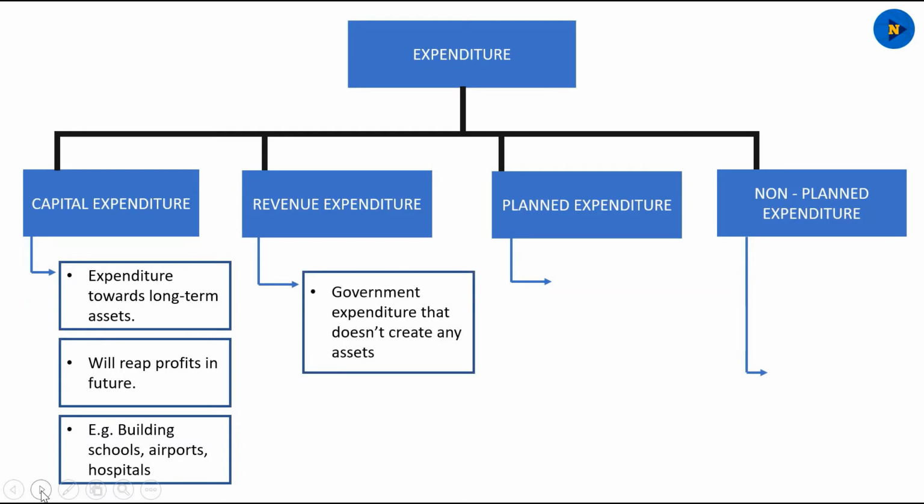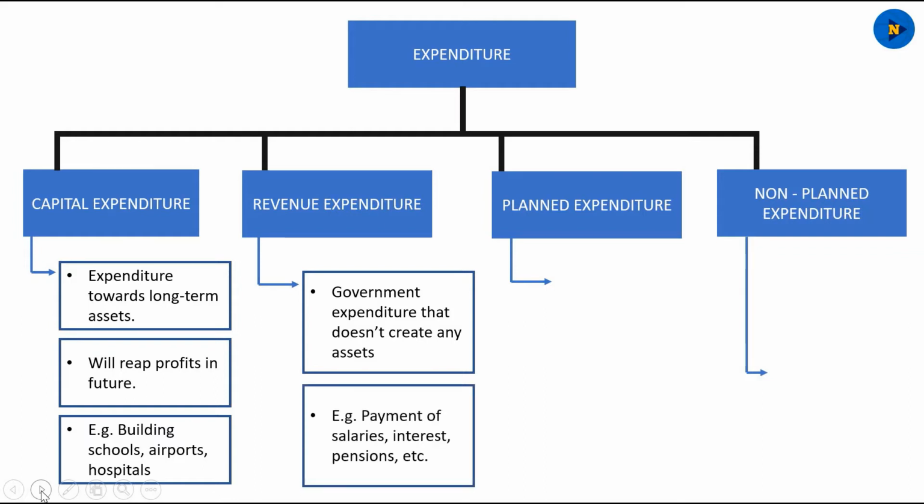So we also have revenue expenditures. So these are day-to-day expenses, and it doesn't create any assets or it doesn't reap any profits in the future. So paying salaries to government employees and paying interest, giving out pensions, these are not creating any assets, and they're not